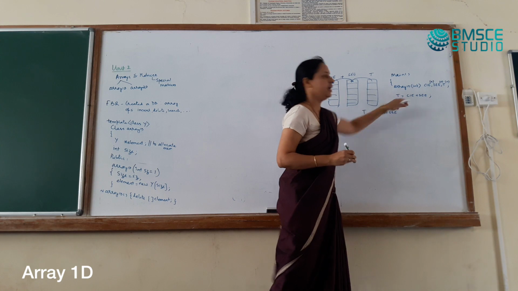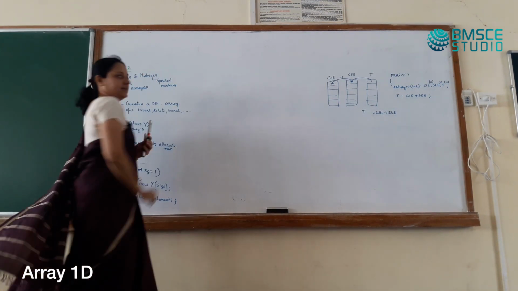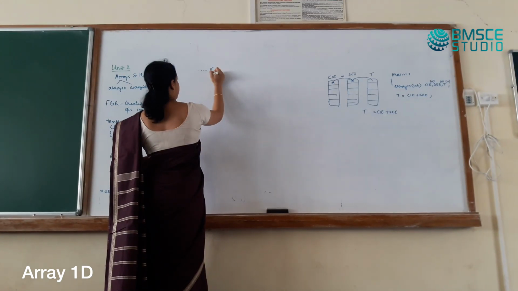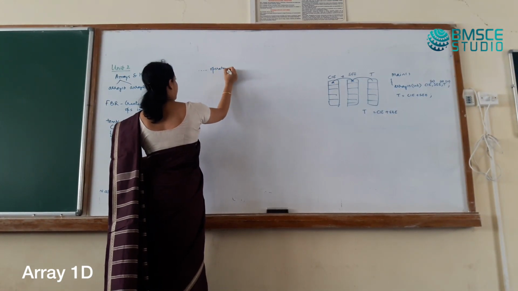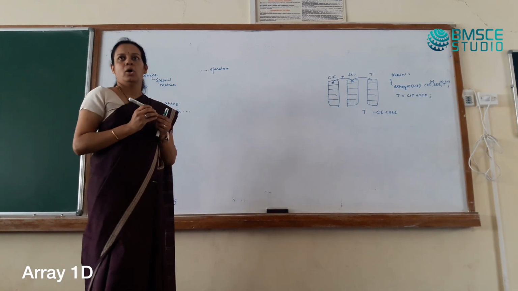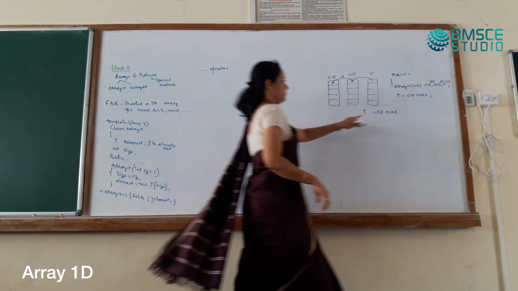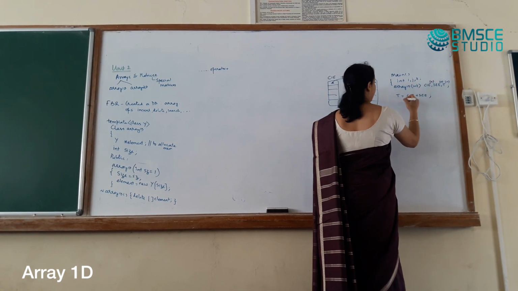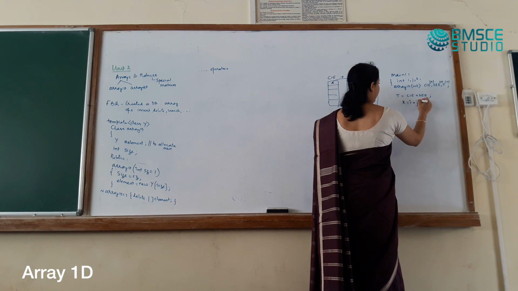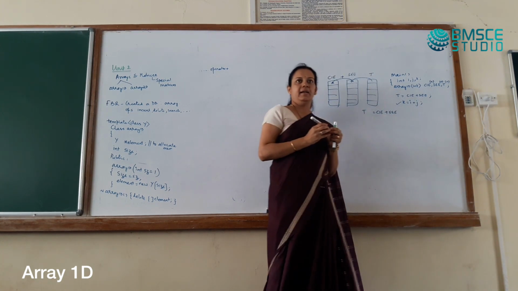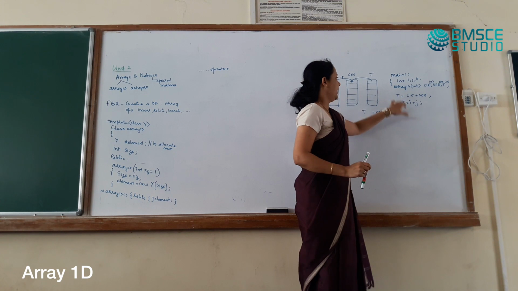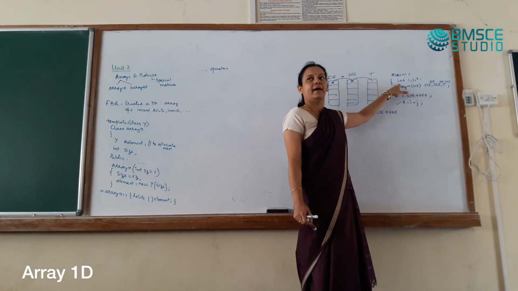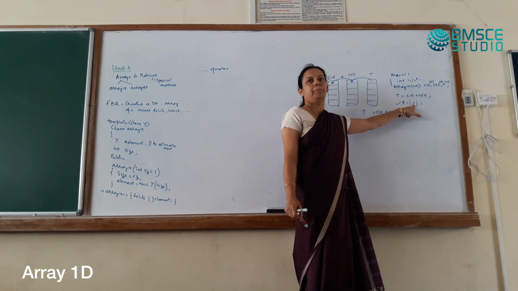If this line is to be compiled, what is the function that is required to be there? Overload operator plus. The return type I will write a little later. It is the operator plus that is to be overloaded, because this plus will work if I have int i, j, k. If I say k equal to i plus j, the compiler will understand, because i, j, k are all of type int.